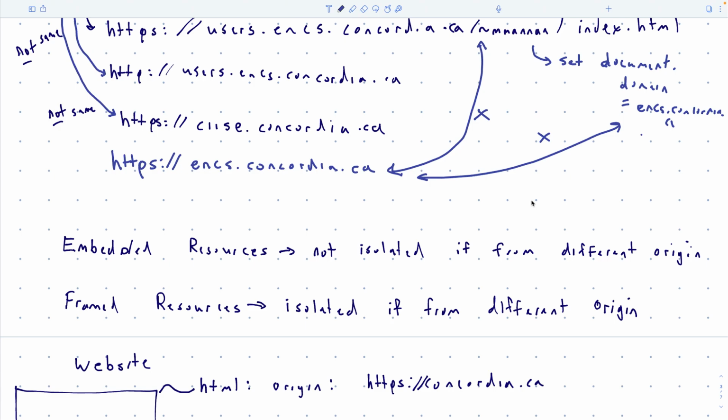You can't go all the way to the top level domain, which is just .ca, but you can go to a domain. And so developers would just turn that on for everything. And then it has the maximal chance of interoperating. If you have resources from two different URLs, then you're in trouble, but otherwise, it basically will always interoperate.